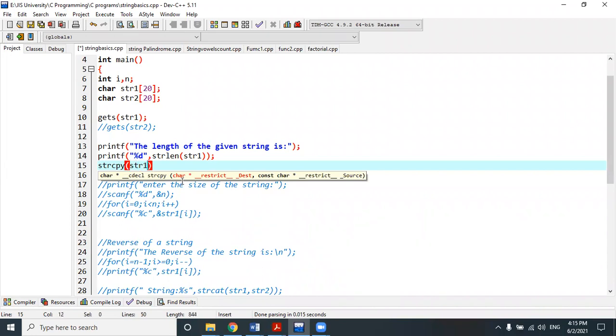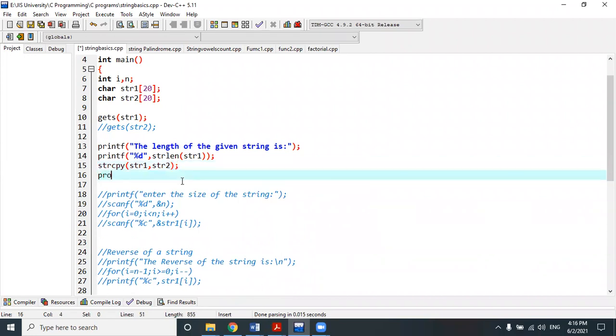So str1, and the second one will be your new string or destination string on which you want to make a copy, right? So after copy, we want to check the value of the string. How can we check it? Let's give a puts. We don't need to write all this function. str2. We'll simply print str2 with the puts function.